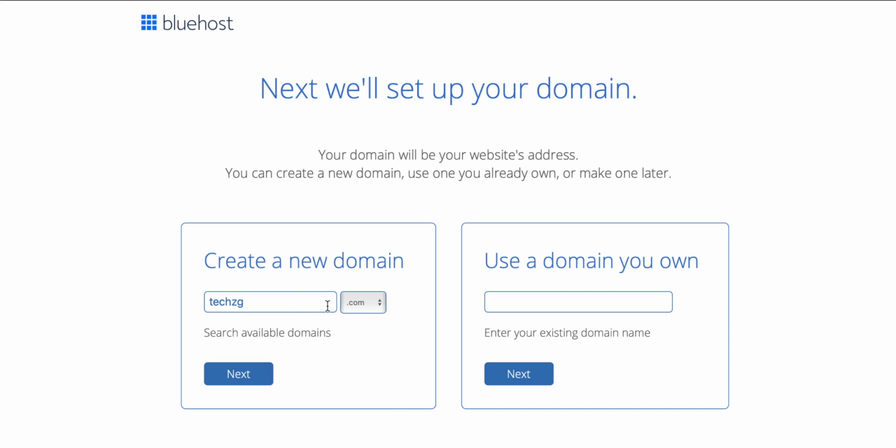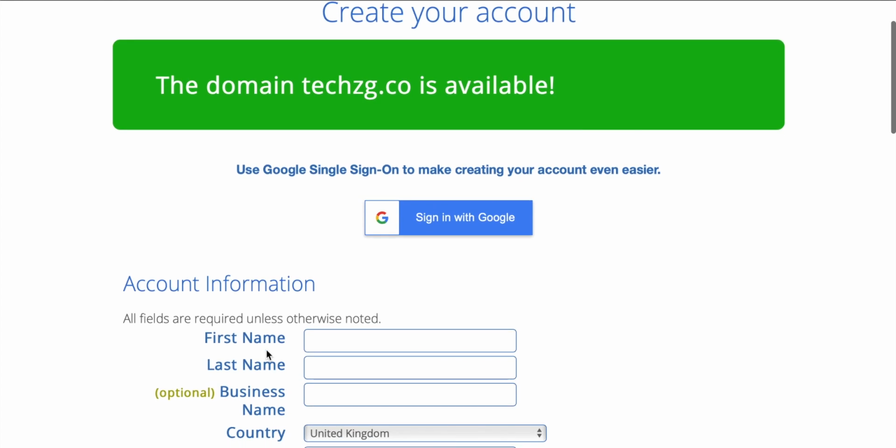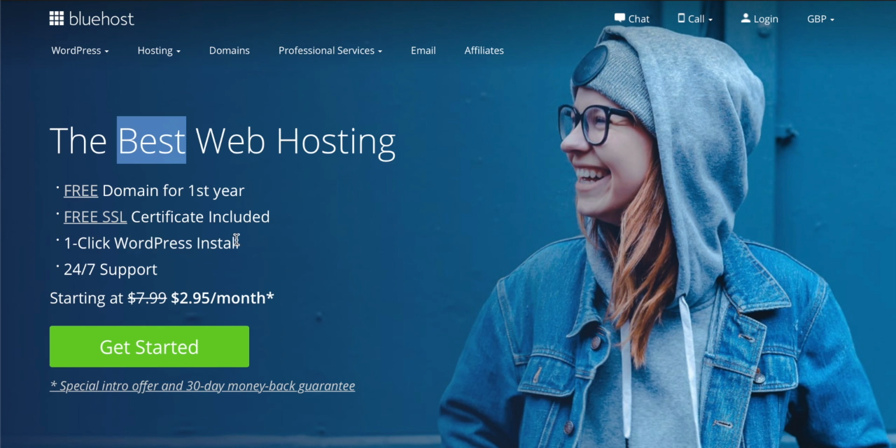After that, you'll need WordPress, and most web hosts actually provide this for free. It's a really simple install. Once you get the right host, you can go and install it onto your site and then start building a website from there. For this one, I'm going to use Bluehost as the web host,